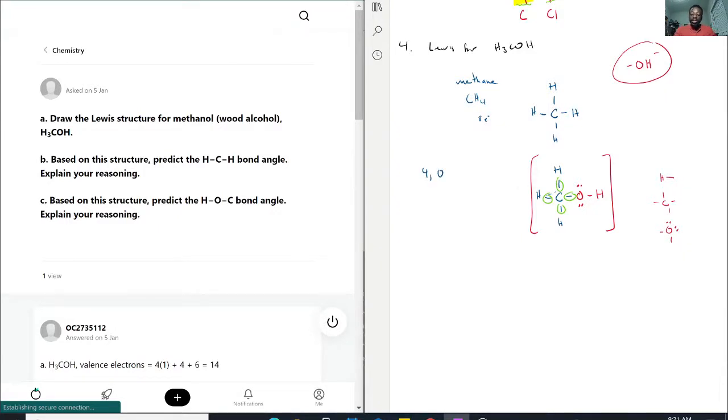The electron geometry would be tetrahedral, and the molecular geometry, based on the fact that it's a 4-0 split, 4 bonding pairs, 0 lone pairs, is also tetrahedral. The electron geometry is based on the total, which is just 4, which is why it stays with the name tetrahedral. And the molecular geometry breaks it down of, okay, now which one of each do we have? So with that being said,